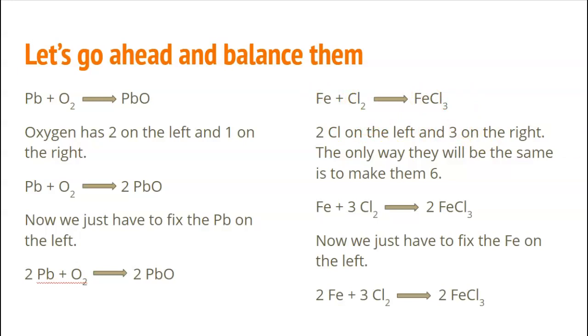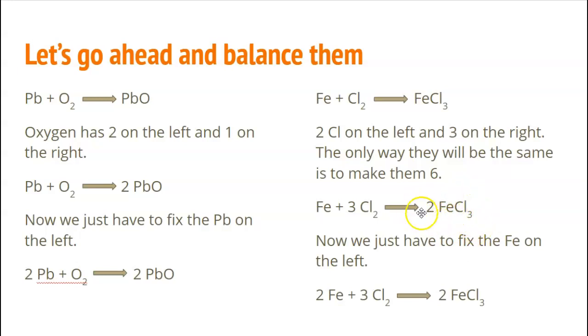As we talked about before, the only way that 2 and 3 can be the same is to make them 6. So I'd have to add a big 3 in front of my chlorine right here and a big 2 in front of my iron chloride. So that now fixes our chlorines, but now we have 2 irons because this coefficient here applies to everything behind it. So this 2 now, not only does it make it 2 irons, but 2 times 3 is 6 chlorines,